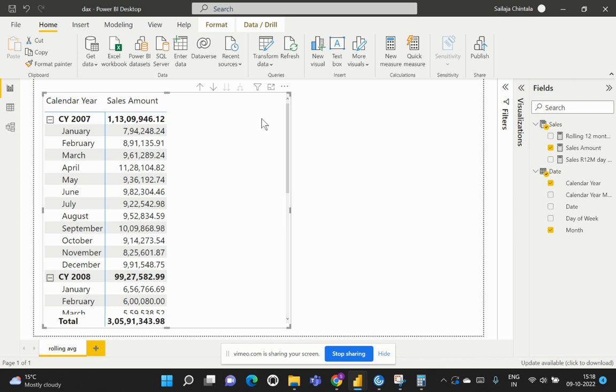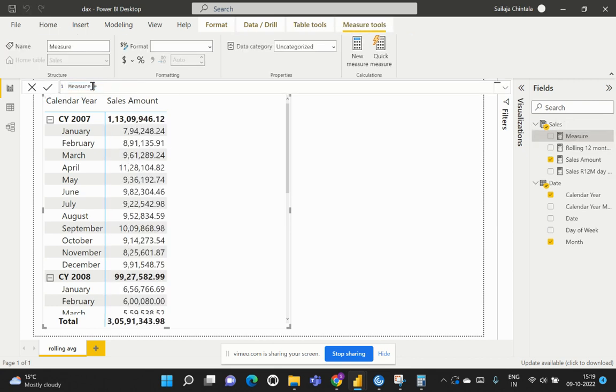In order to do that, we have the sales amount spread across the months in a year, as you see in this table. And now we need to calculate the monthly average on top of the sales amount. So now let's create this basic calculation. I will go here and create a new measure, and I call this maybe a sales average,